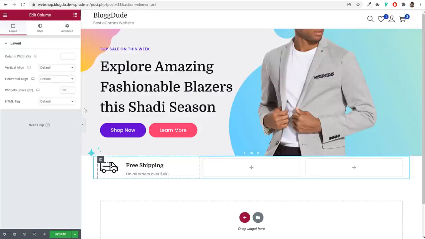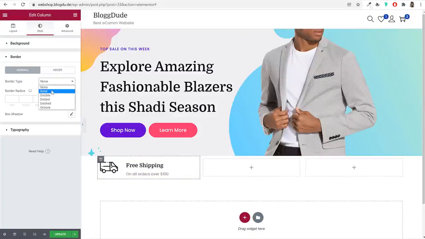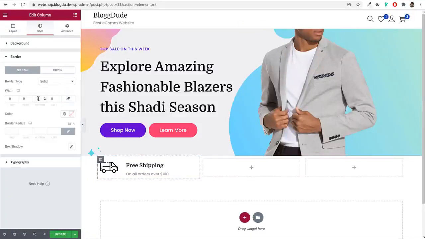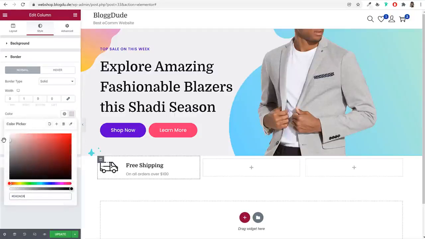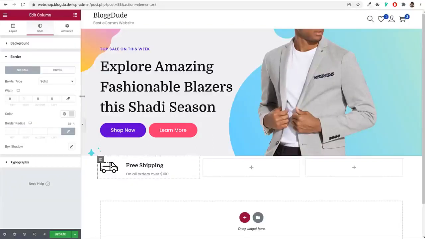So select column, edit column, go to advanced or go to styling for this. Select border, solid, only at right. So delink and type in 1 at right and whatever color you want. So very light color, maybe something like this. Yeah. All right. Now for this, we also need to add some margin so that there is some space between